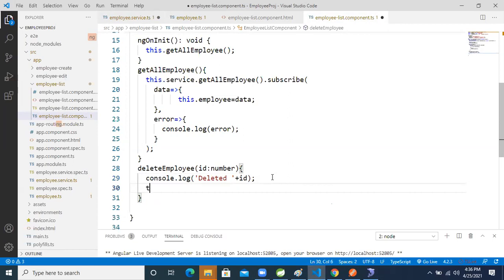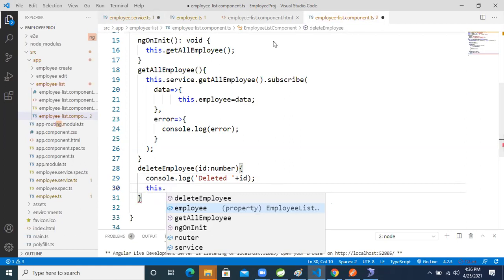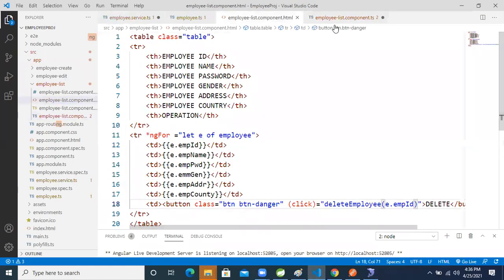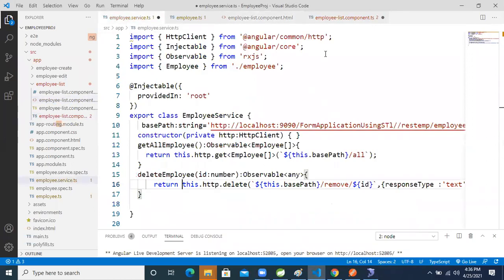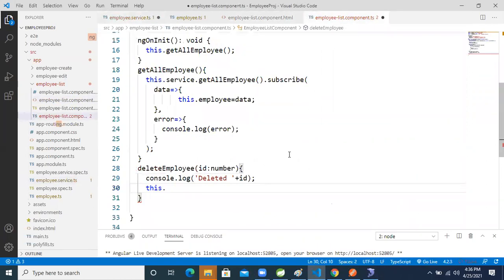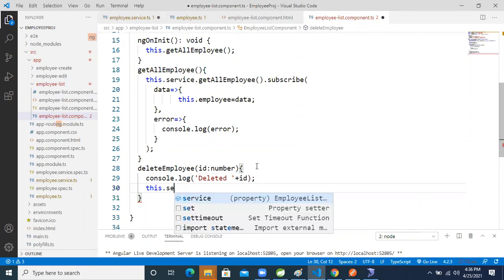Okay, so now this dot, if we want to read the data in the observable memory, how can we read? We need to subscribe. But before that, where is that logic? In which class? The service class.